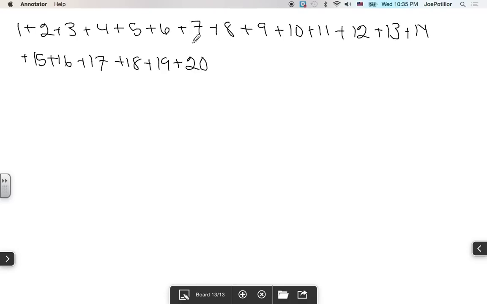So we don't do that. Okay. So to define sigma notation,